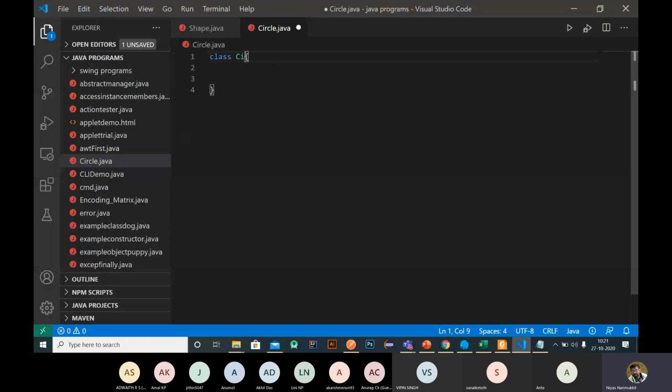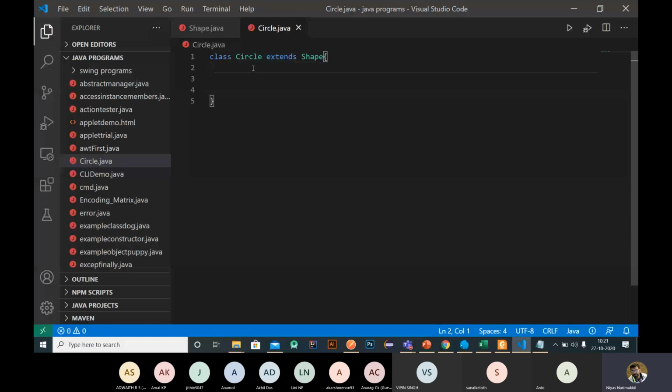Then we extend this circle from the shape class. So circle is currently the child class and shape is the parent class. We extend features from the shape class, so all these things come under our class, because we inherit with the help of the extends keyword.